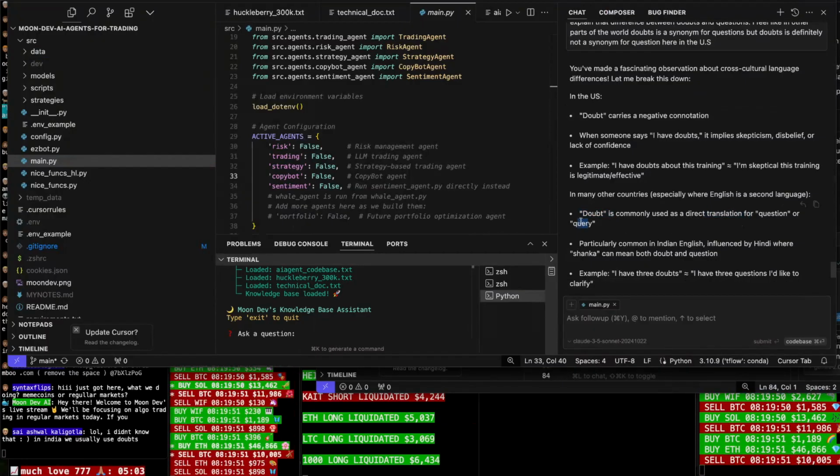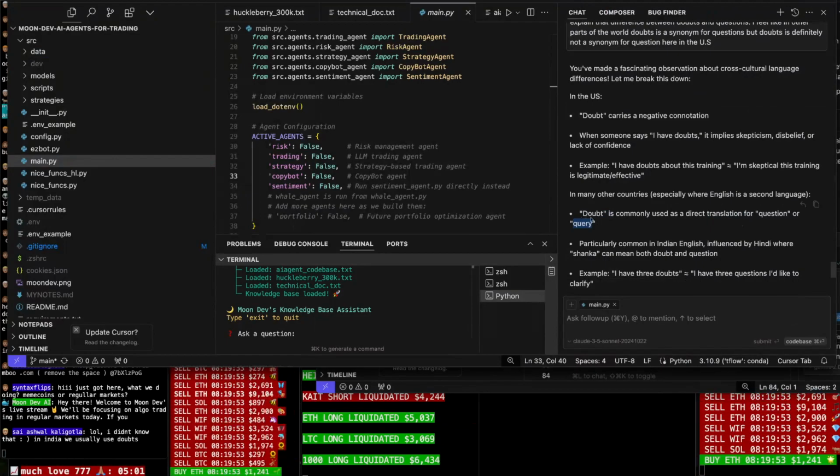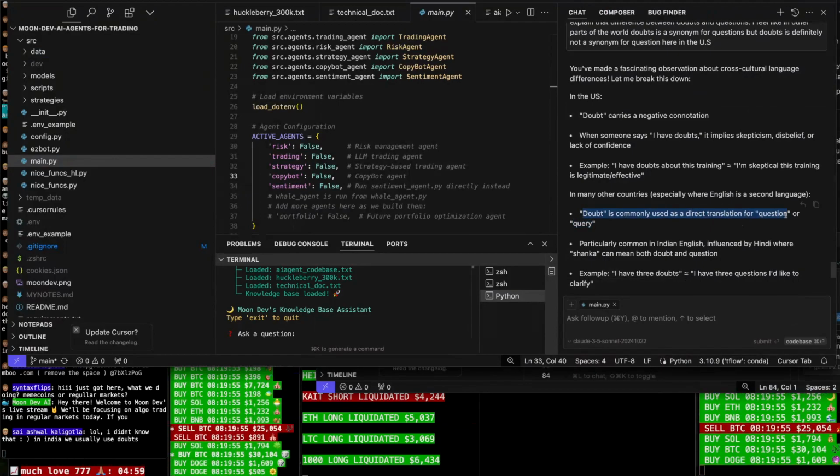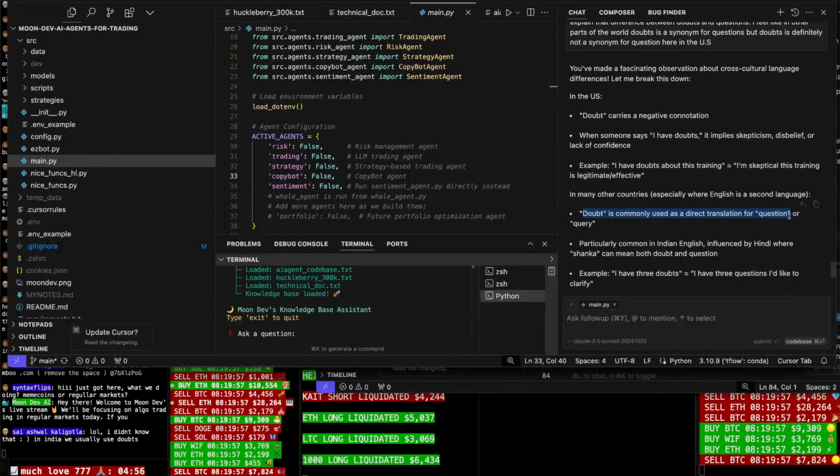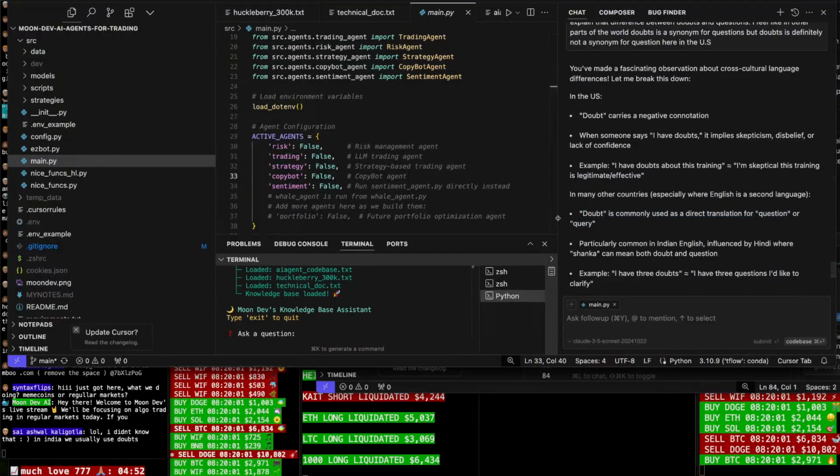or query. We don't use that word either. Okay, so it's a direct translation. Okay, that makes so much more sense, dude. I've kind of picked up on that because, like,